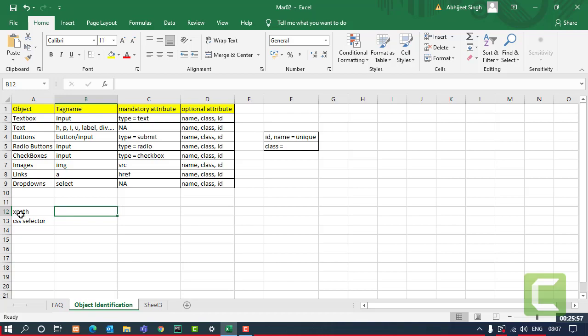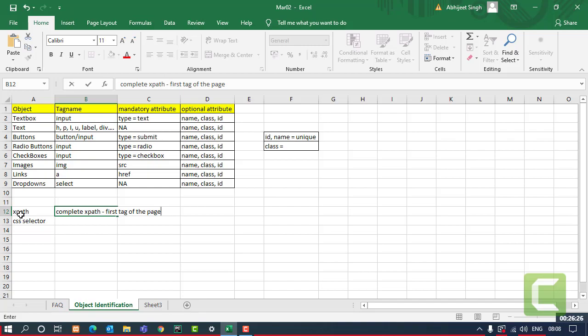XPaths are of two types. One is the complete XPath. Now when I talk about complete XPath, it is the XPath which starts from the root of the page. And when I say root of the page, that means the first tag of the page, and the first tag of the page is always the HTML tag.